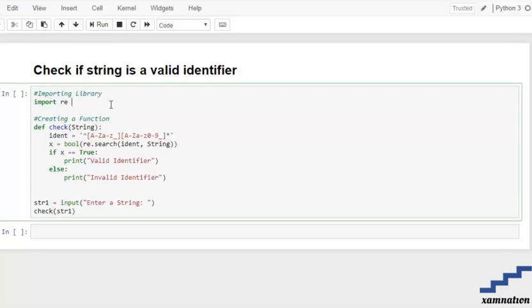We are going to check it by using the regular expression library. So first we are going to import the library, that is import re. After that we have created a function named check, in which we are going to pass our string. After that we have used a variable, ident over here, which is going to get all of the possibilities for an identifier, and after that we are searching for an identifier in our given string,